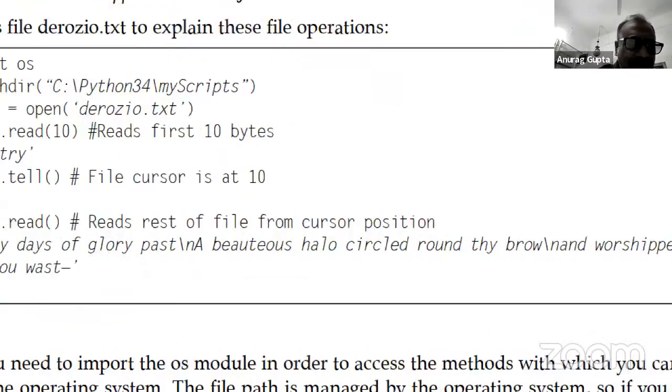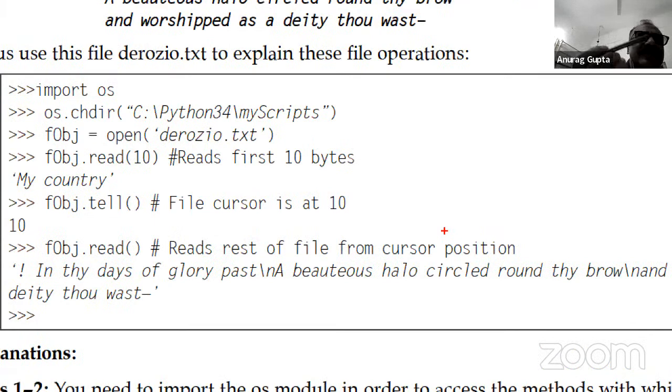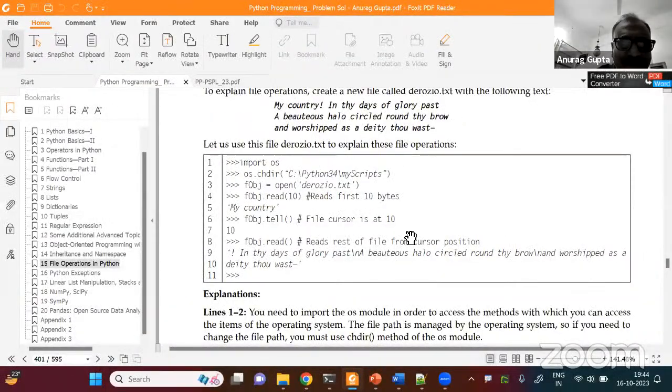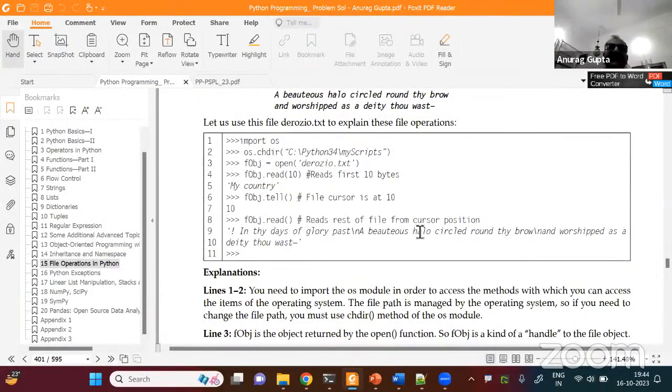This number inside the read, this number. Now there are two possibilities. The number could be less than the number of characters in a particular line, or it could be more. If it is less, it will read less, but if it is more, it will read only up to the line. I will explain this. Maybe I'll try to give you an example, but you can do your own research. The point is that the read function returns a string.